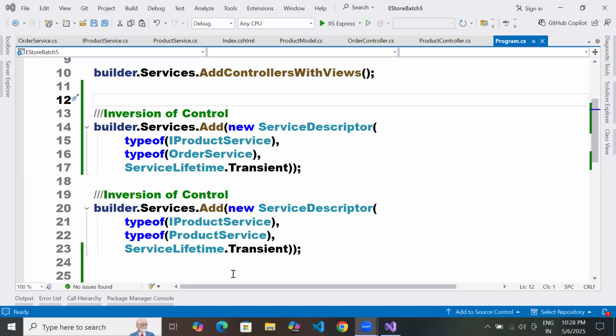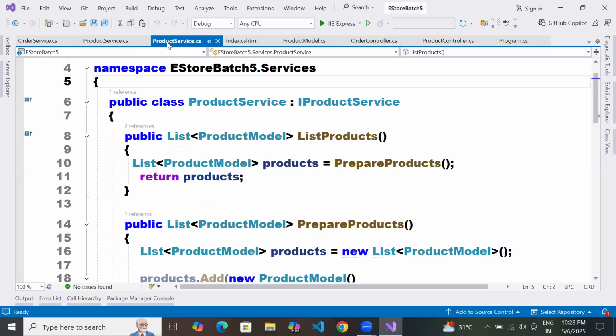Assume in the product service I'm trying to call the order service.